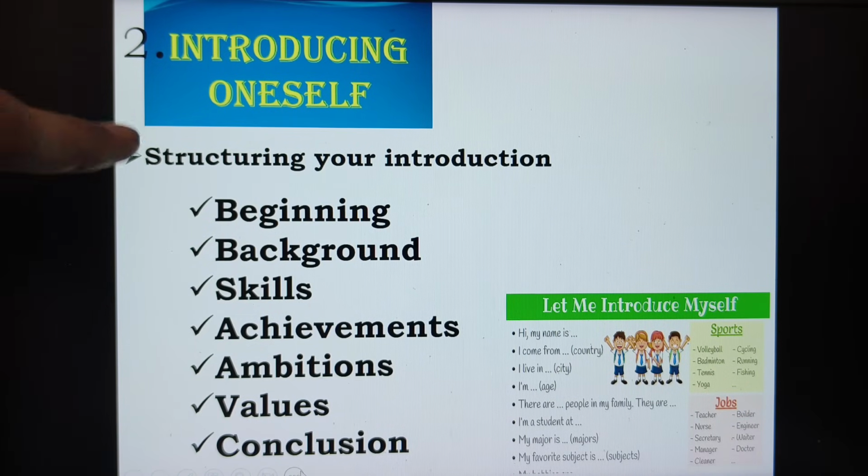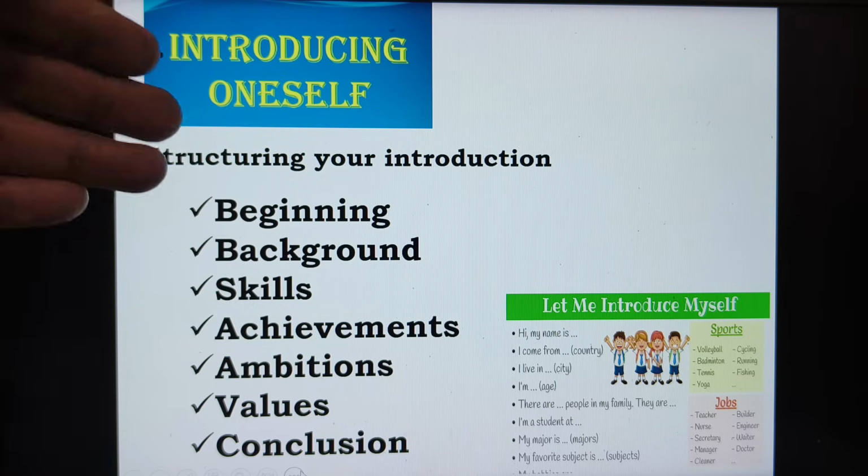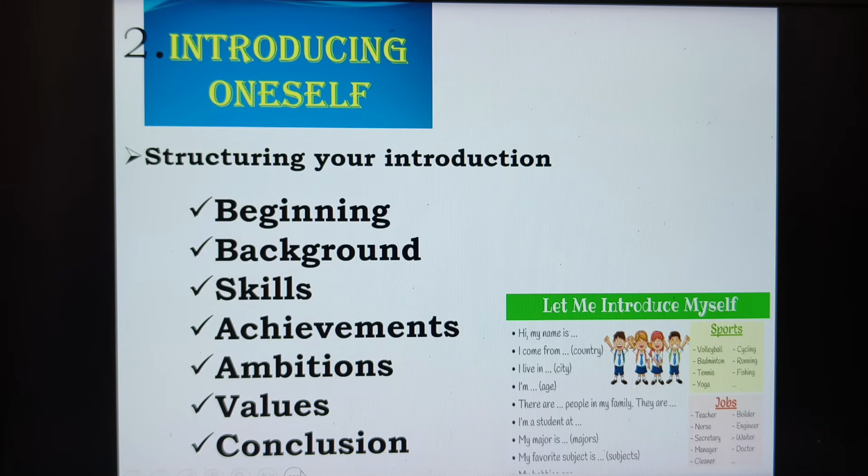And the second test item is introducing oneself. When we introduce ourselves, what are the different things that we try to introduce? Here, if you just look at structuring your introduction. Generally, when you introduce yourself, there is a way of introducing yourself. However, you can't introduce yourself